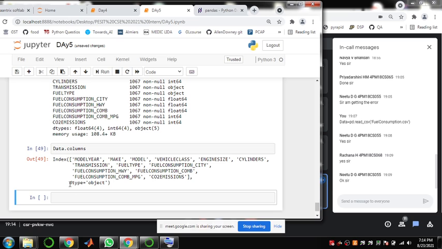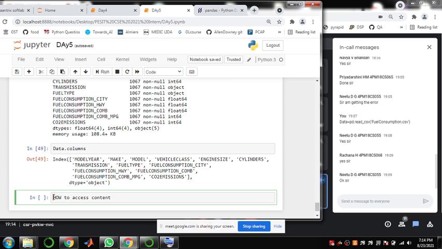Next, there are other methods like describe, and I'll show those in the next class. As of now, we'll see how to access the content of the data frame. Quickly I'll explain it.